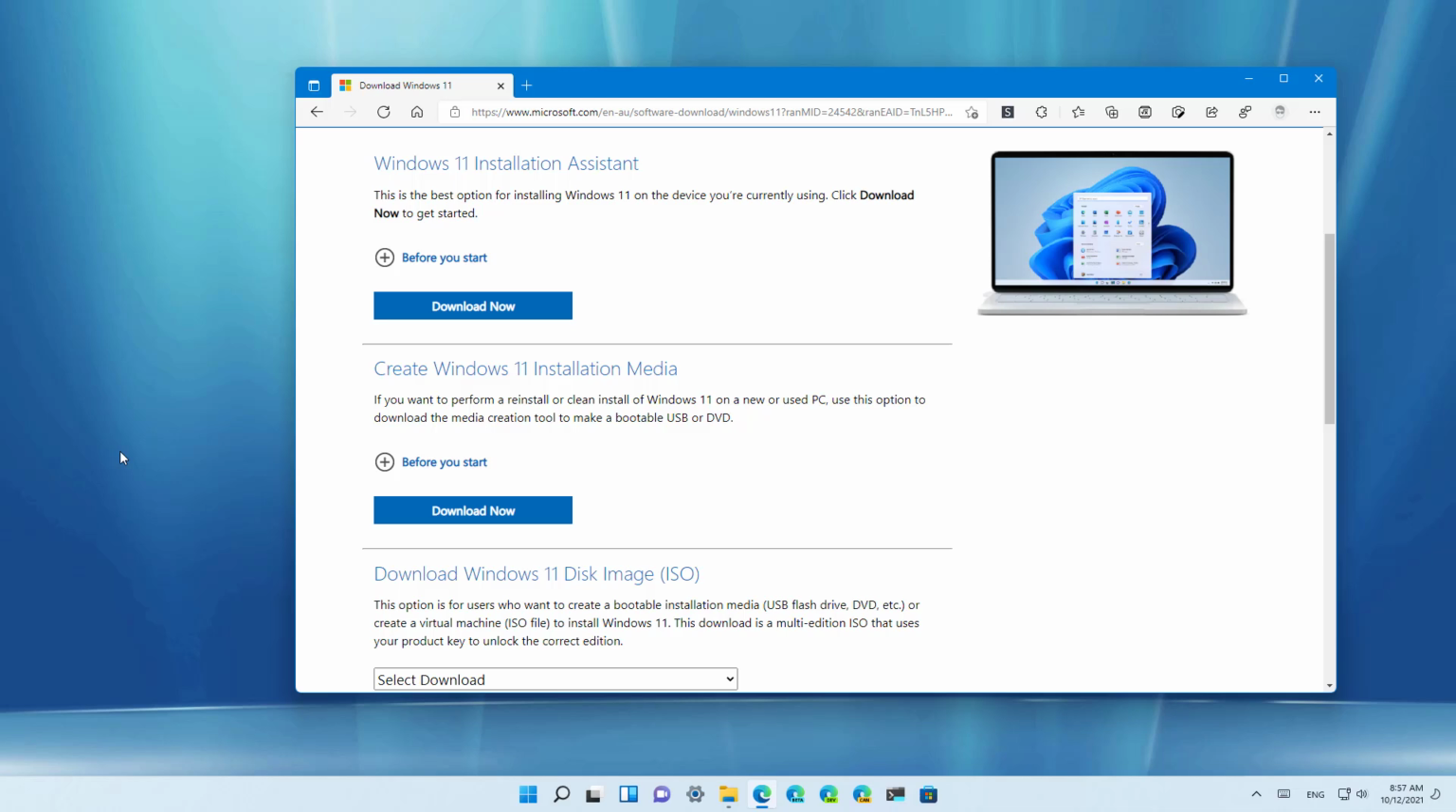First, connect a USB flash drive with at least 8 GB of storage. If you have anything on the storage that is important to you, make sure to back it up because this process will erase everything. Then you need to open the official download page to download the media creation tool for